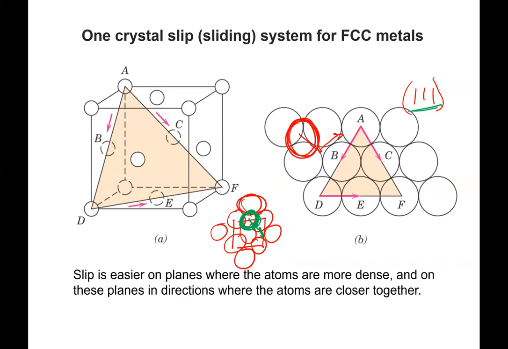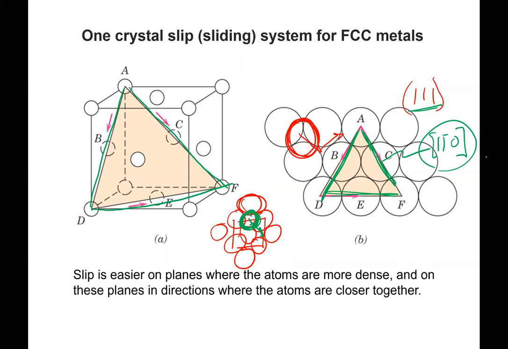And to minimize distance as well, we want to move in directions where the atoms are touching, a high linear density. And so these are all 1-1-0 type directions. Okay, and you can see that in our drawing here, these are all diagonals of a face, right? We learned that all the face diagonals are 1-1-0 types. Could be 1-0-1, 1-1-0, like I wrote here, just to show you that they can have negative signs in here, but all of